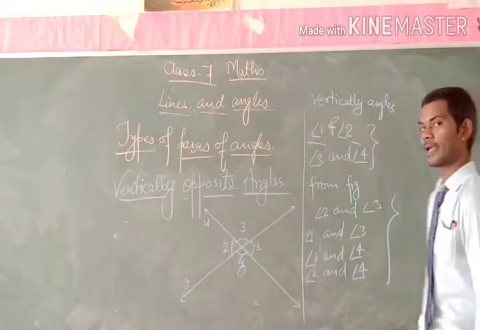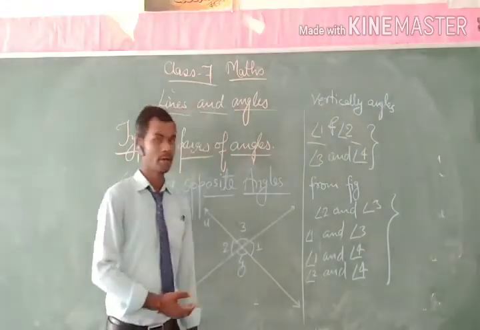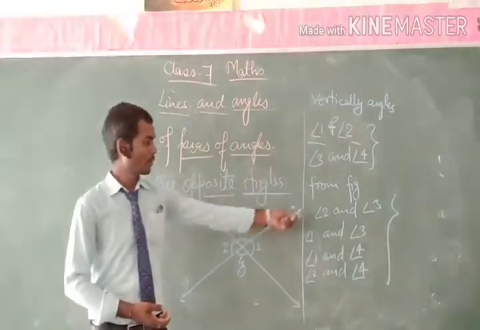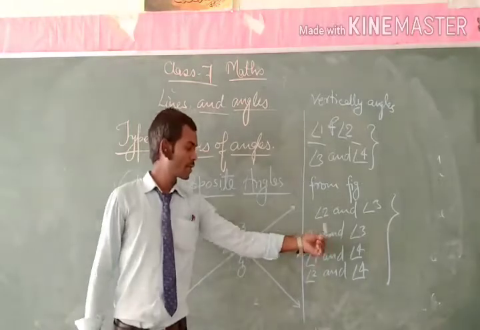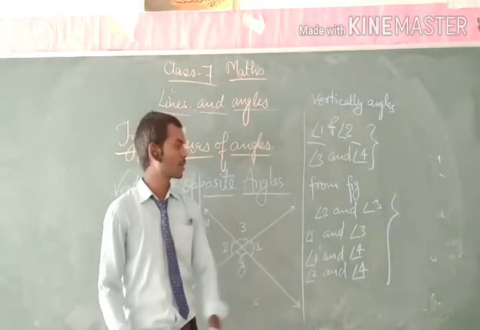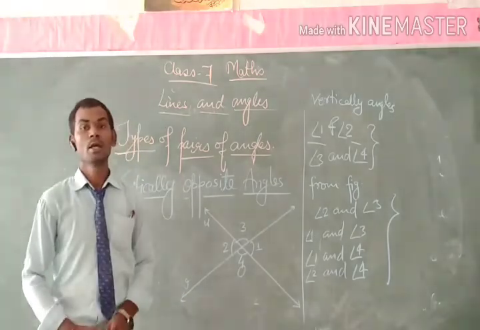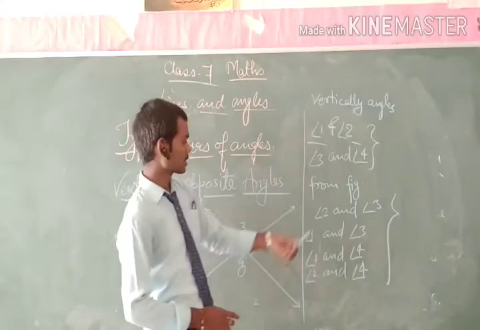These four pairs of angles form linear pairs. These four pairs of angles are forming linear pairs, because in the first case,